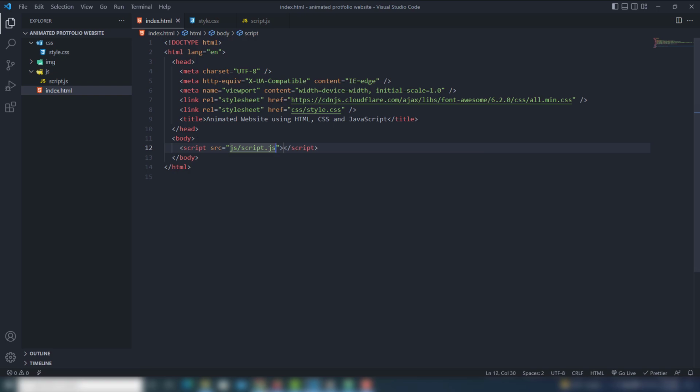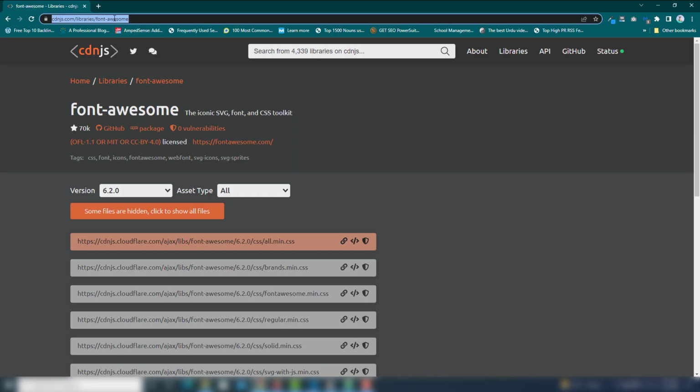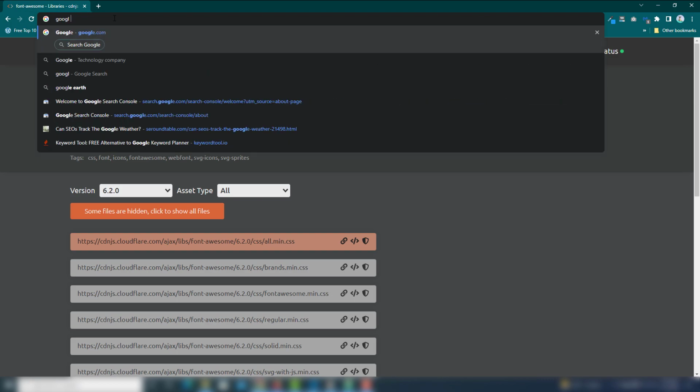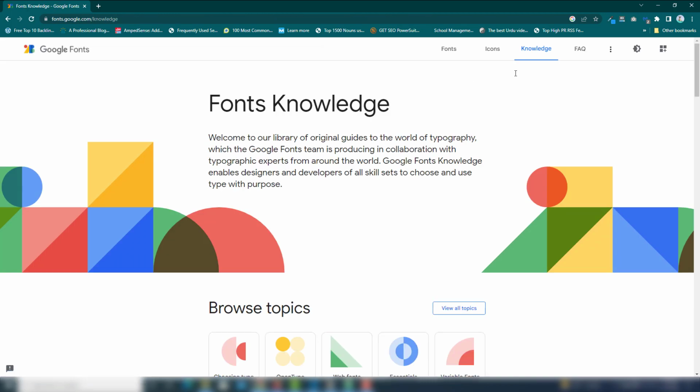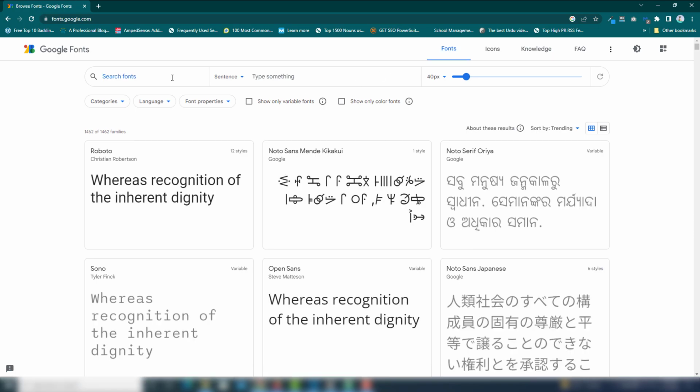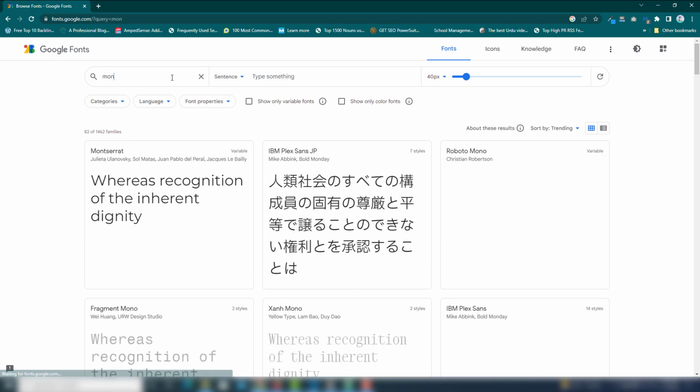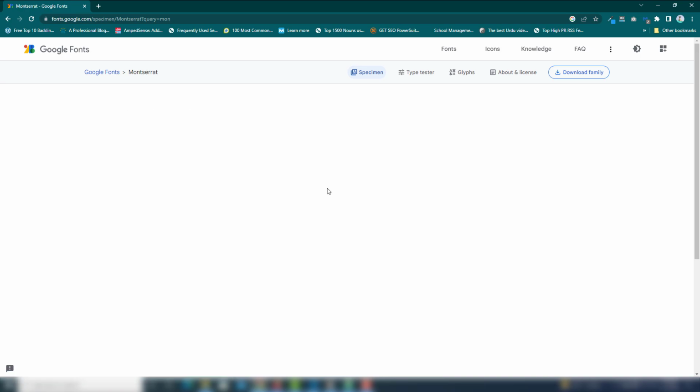And another thing is we need to use Google Fonts, so let's get the Google Fonts. This time I'm going to use the Titillium-like font, like this one.